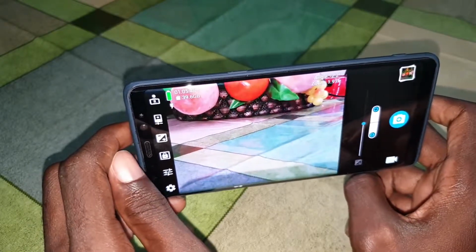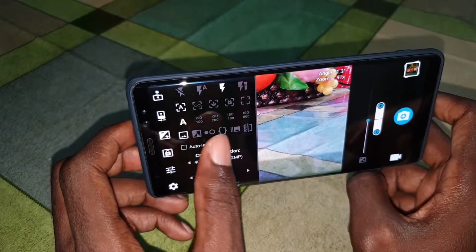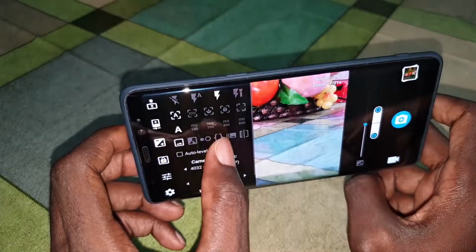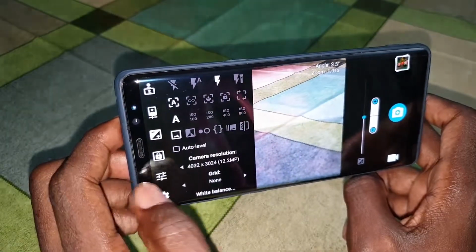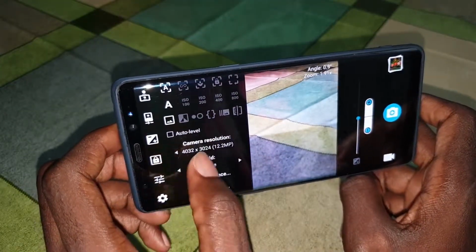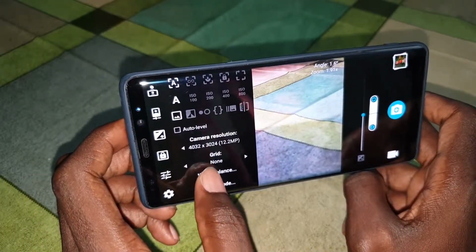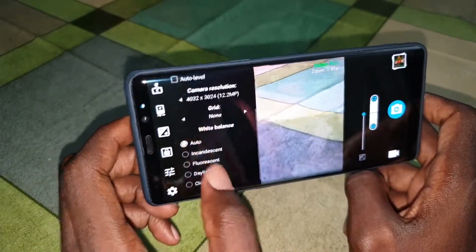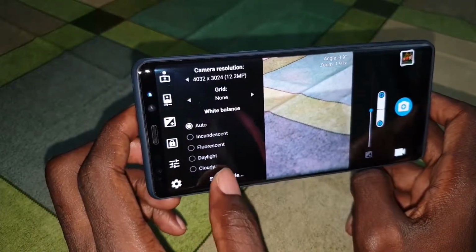Okay, now you can see face. Many things here for you. Wow, many features here that you can use. You can see the camera resolution here also. You can also see white balance, incandescent, and other cloudy scene.